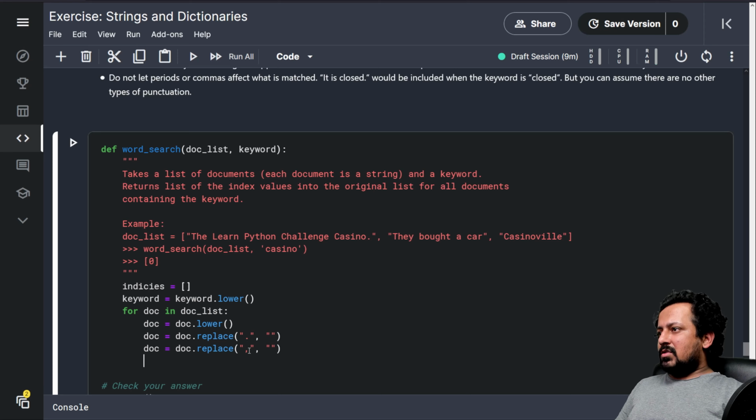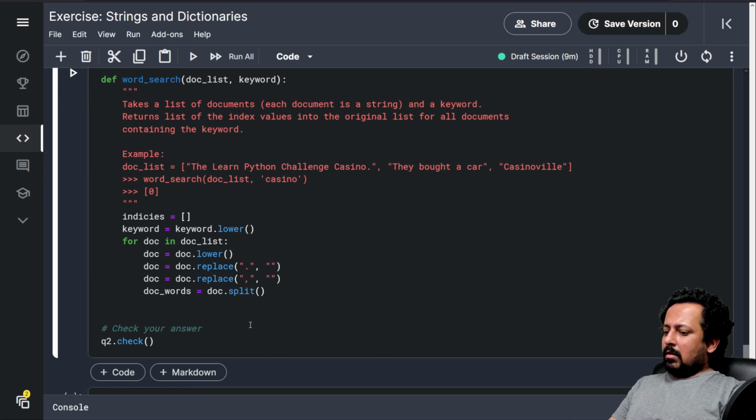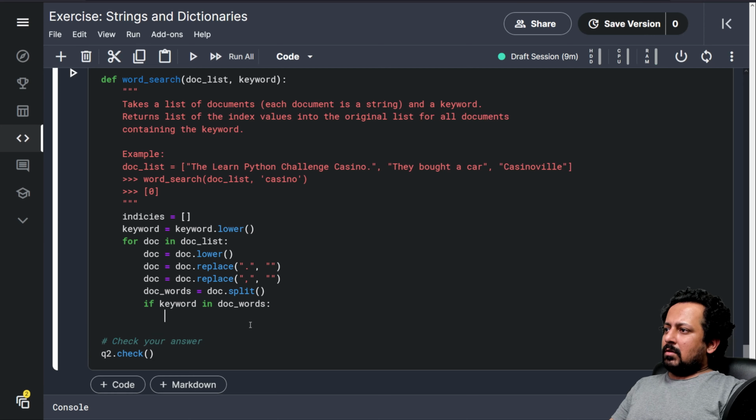I have converted the string to lower. Now I can create a new variable called doc words, and that will be doc dot split. And then I say if keyword in doc underscore words, indices dot append some index.